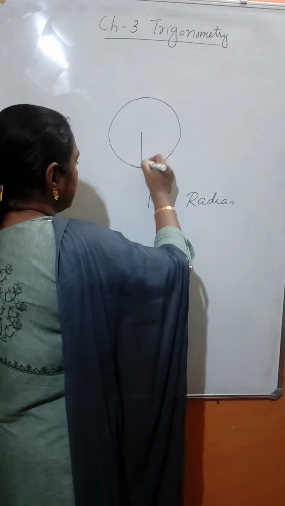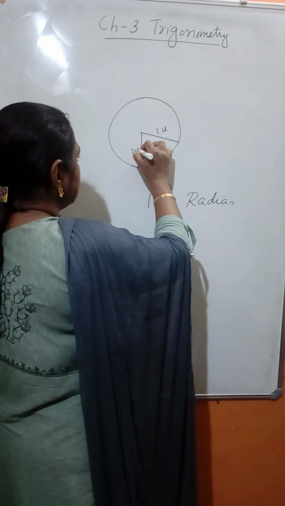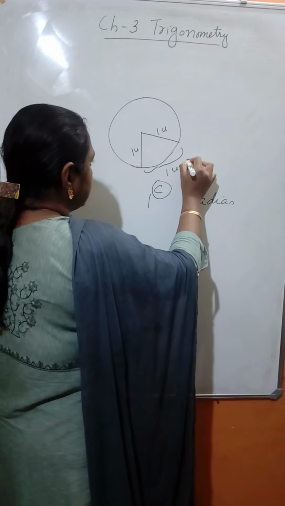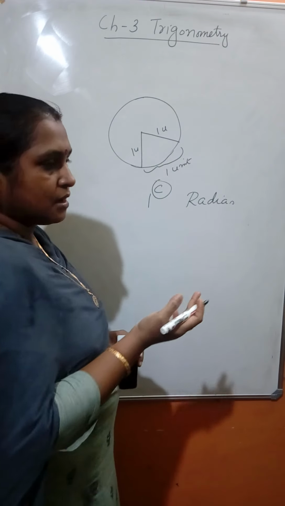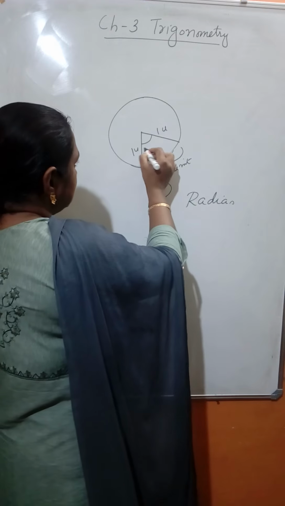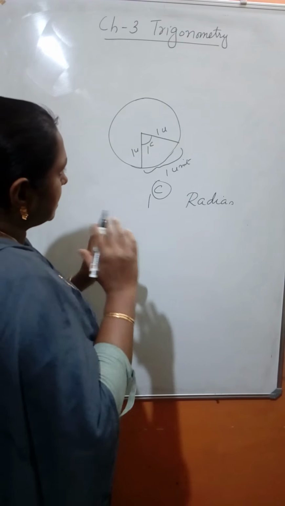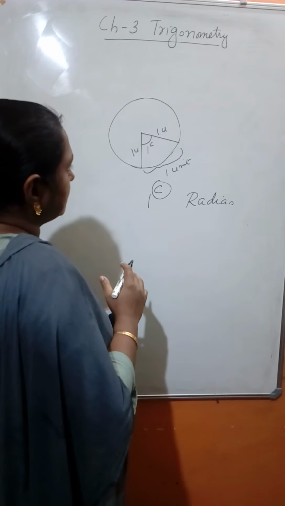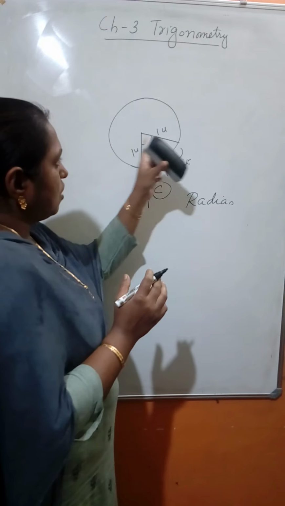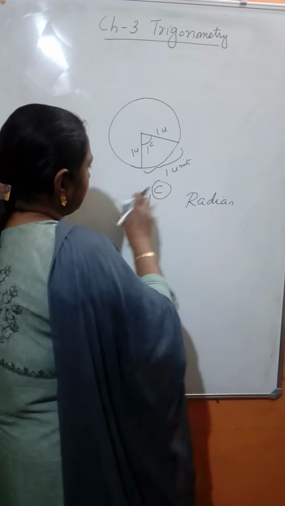Radian measure means, suppose we are considering again a unit circle, where the radius is equal to 1 unit, and consider an arc of length 1 unit. An arc is a part of the circumference of the circle. Definitely this arc makes an angle at the center. This angle is known as 1 radian. So the radian definition is this: radian is the angle subtended by an arc of unit length in a circle of radius 1 unit. This is only for your knowledge.